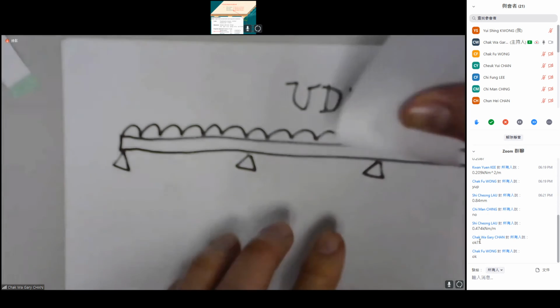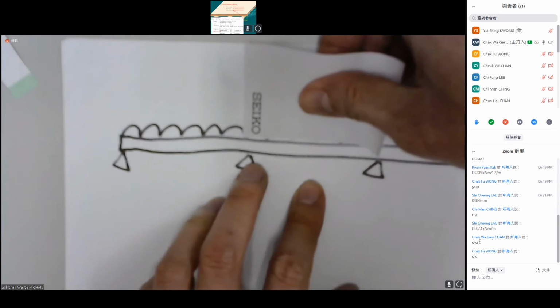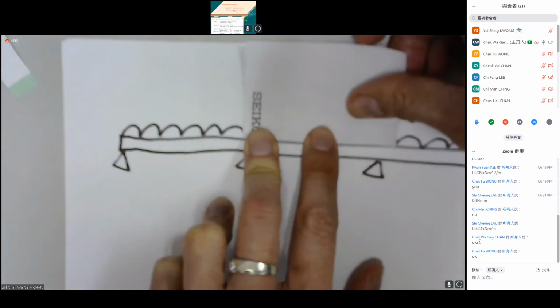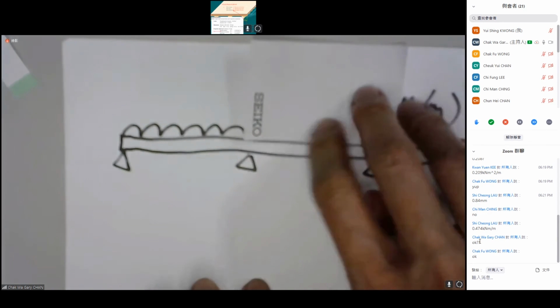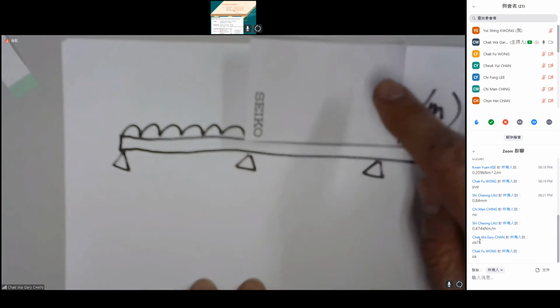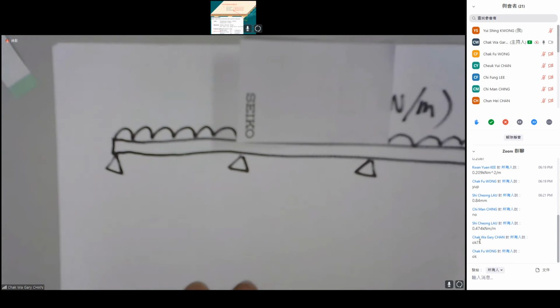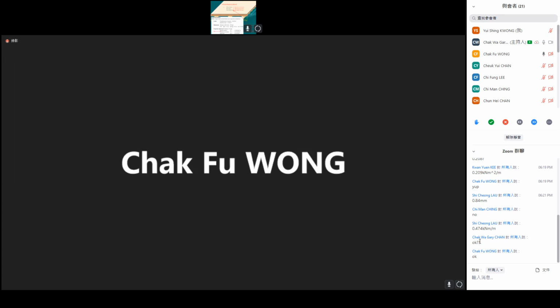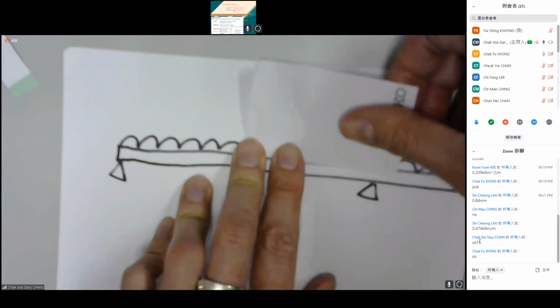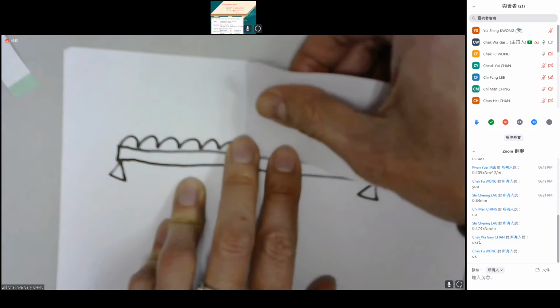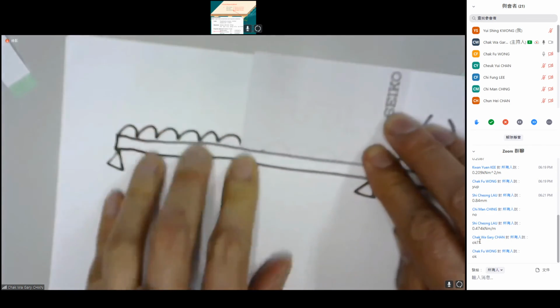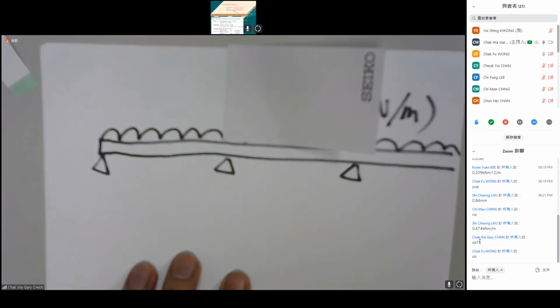Okay, so how about if I take away the loading over the second span, what would be the deflected shape? Alright, so if I remove the loading, the distributed load over the second span, like this diagram, the deflected